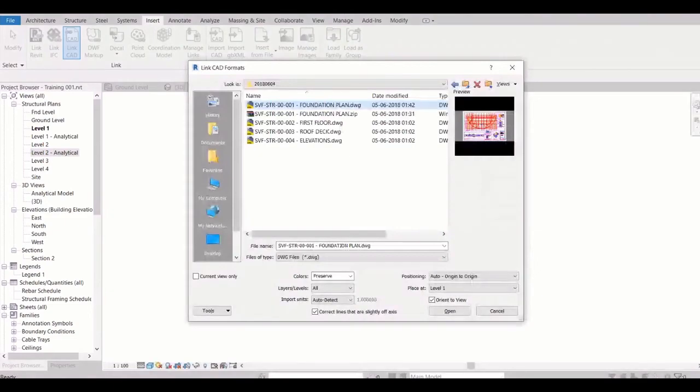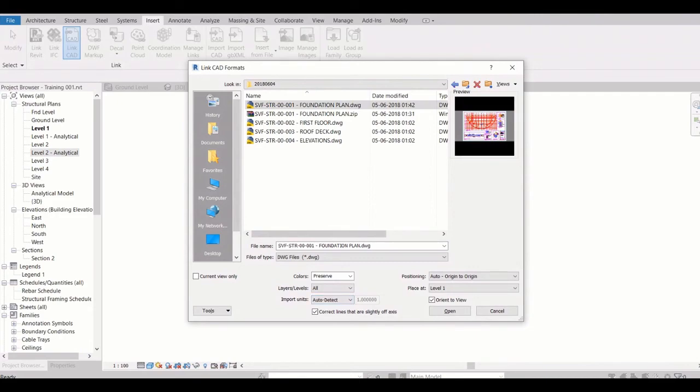Okay, so this is for color. If you want to preserve the color, like you can see here, red, or these colors you want to preserve, or you want to make it black and white or invert color, that's up to you. Line style, all visible line styles you want to see, or you want to change it or specify it, right? And import the units. So this is the most important thing sometimes.